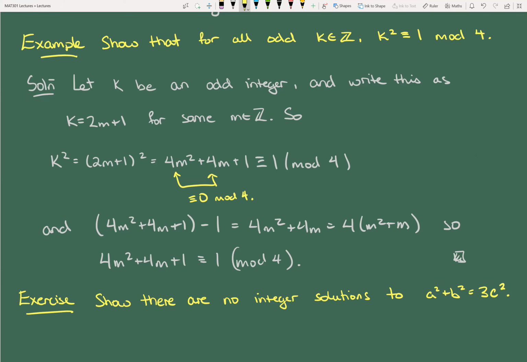What I'm trying to illustrate here is the power of modular arithmetic. We want to really use the result that we just did, which is that the square of an odd number is congruent to 1 mod 4, and the square of an even number is congruent to 0 mod 4. I claim that with that piece of information, you can immediately determine that the only way this could have a solution is if A, B, and C are all even. Hopefully if you went through the cases, you came to that conclusion anyway. But let's think about why this would be true.